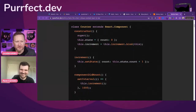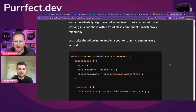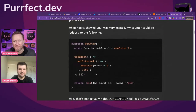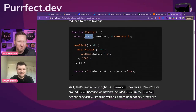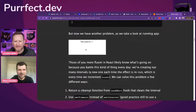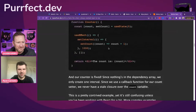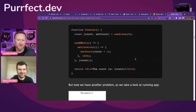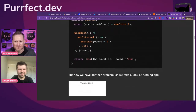So I think at the core of the article, though, there are some really good callouts as far as Solid goes. Probably the most prevalent example that I've ever seen, which happens all the time now that we're using hooks so much more, is this setCount, where count + 1, where count is already the state out here, right? This highlights, if I go down, this counter starts bouncing all over the place. Maybe not on this one, but the initial one, if you forget to put the array in, it goes crazy. Essentially we're trying to re-add a counter to the original state plus add one, and that state carries through, and it gets really